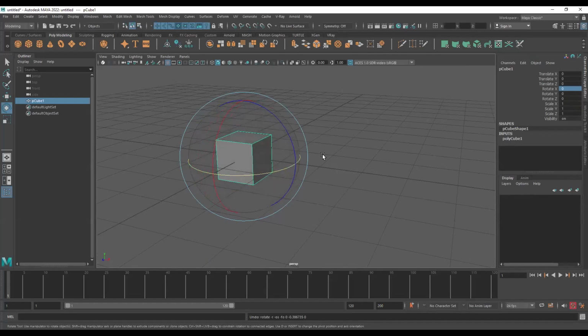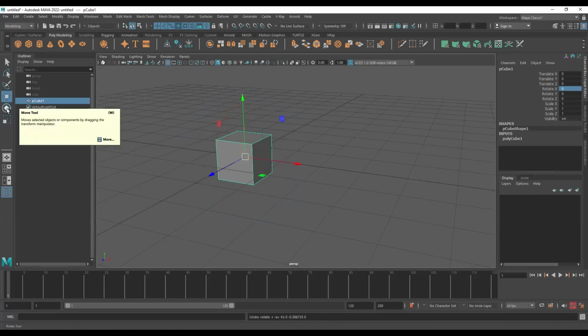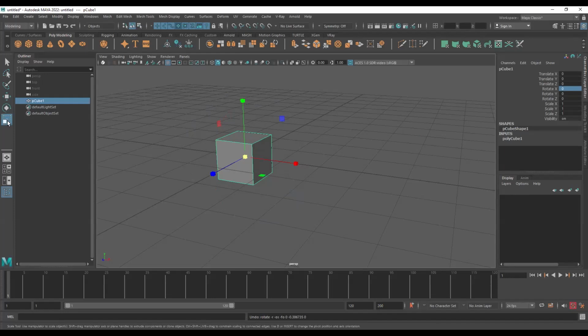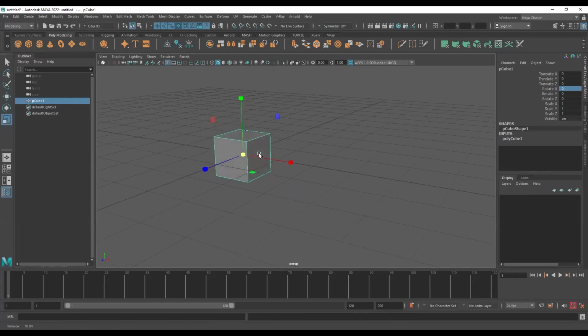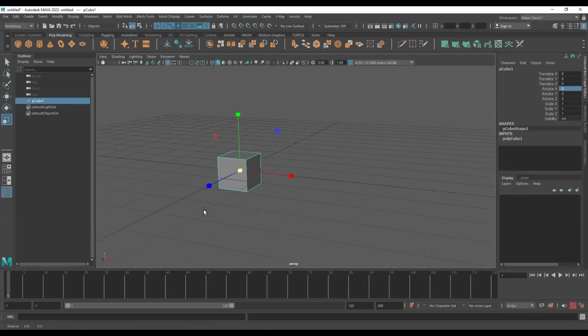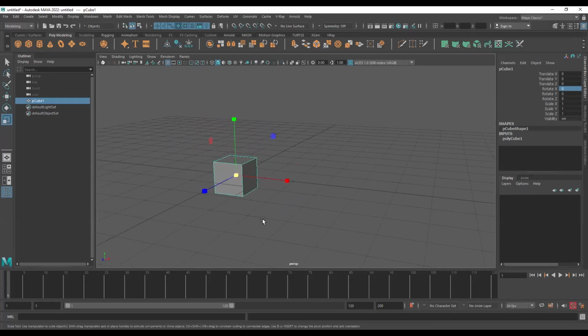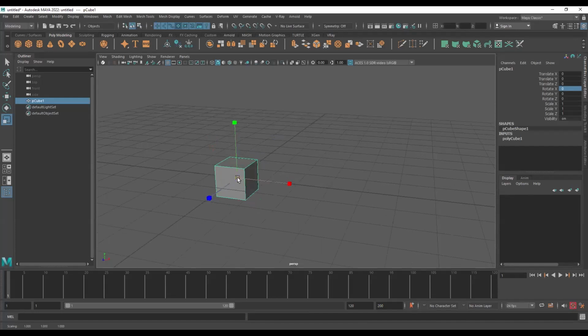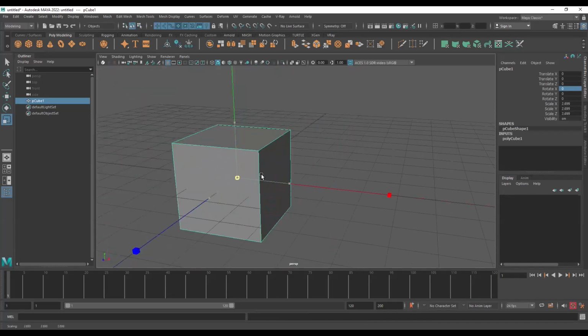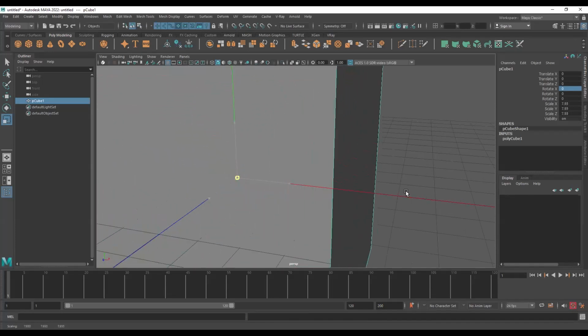Now, there is a way to scale things as well. R is the shortcut for that. I'll press R and now you can see the manipulator has changed again. You can also select it from here. The first one is for the move tool, the second one is for rotation, and the last one is for the scale. You see this little box here, which is yellow in color because that's the one which is selected. If I select that with the left mouse button and drag my mouse left and right, you will see I'm scaling it up and down